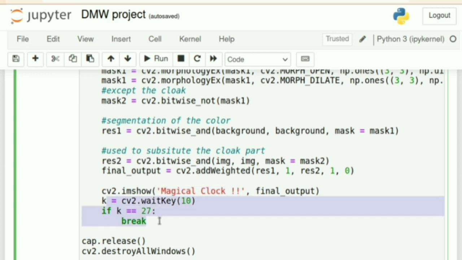So that is this 27. This is the escape key. Whenever you press the escape button, it will close our demonstration window. And then using this we are releasing our video capture object, and we are destroying our OpenCV frames. Okay, so destroying all windows here using this function and releasing this.